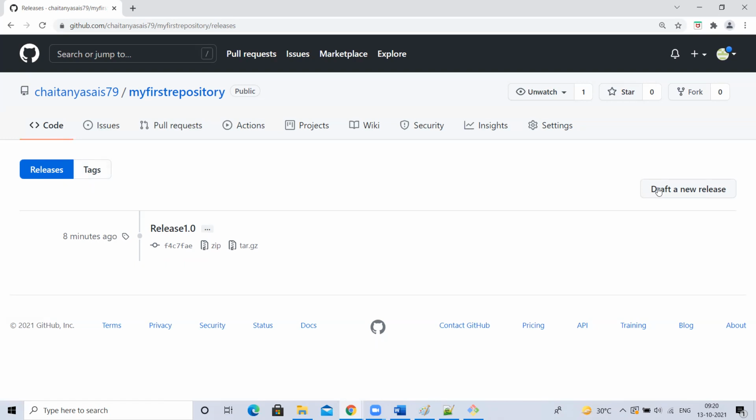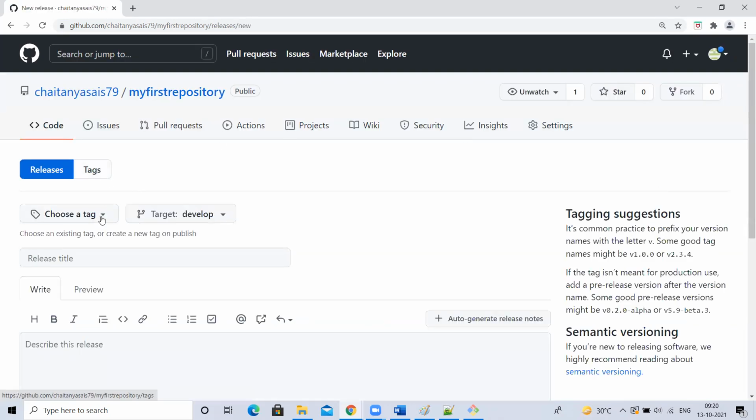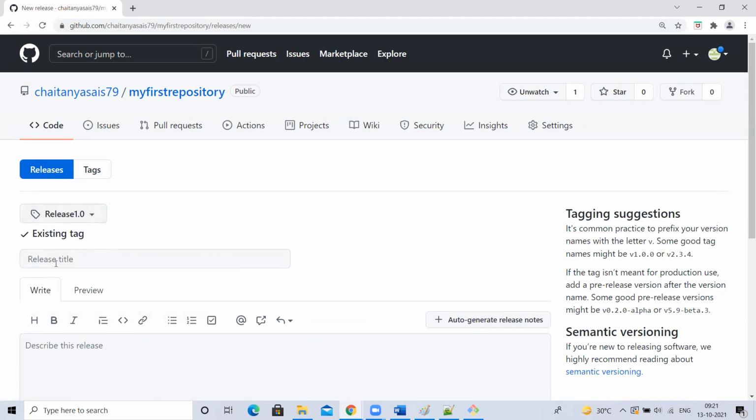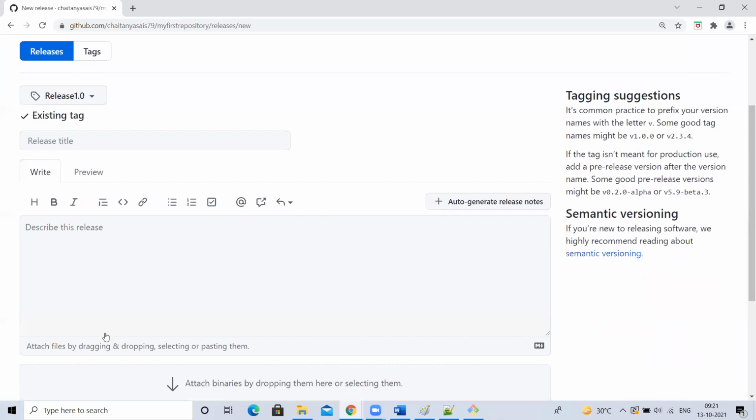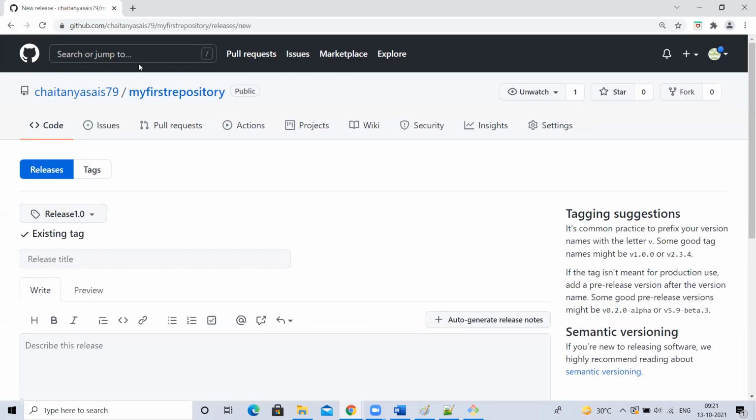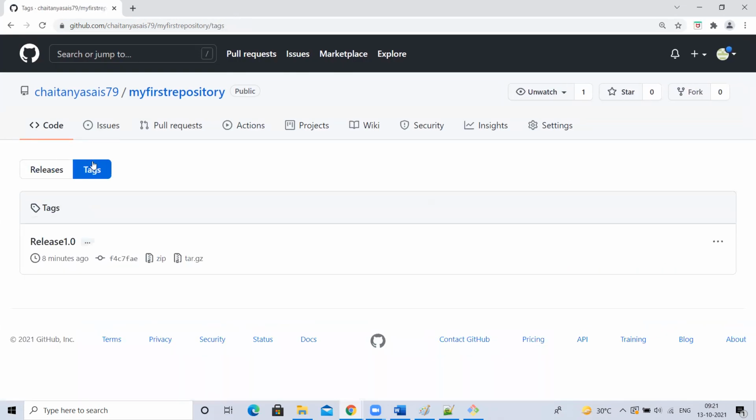Okay. New release, if I want to create, it is not allowing actually. This is fine. Existing tag. If you want to make it with a proper description and all, you can create it here. But in general, we create tags and push it. Have you understood the tags, why we take backups and all? Yes. Okay. So this is not a zip file actually, but if you want, you can download it in a zip or tar format.